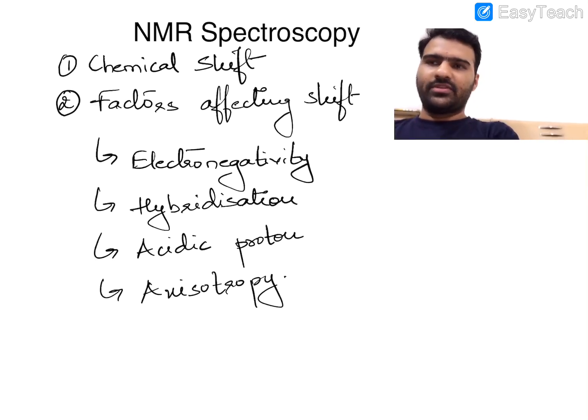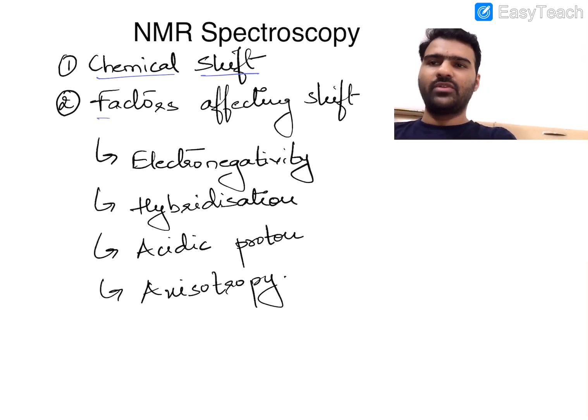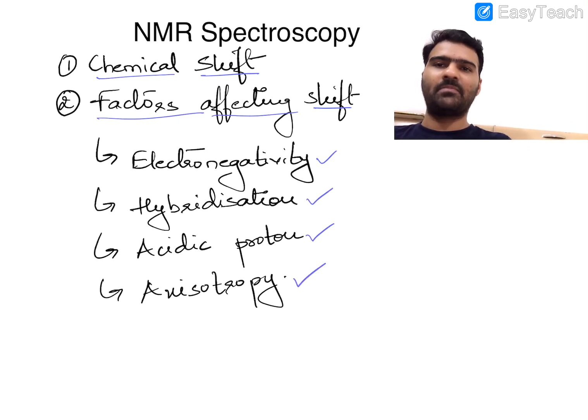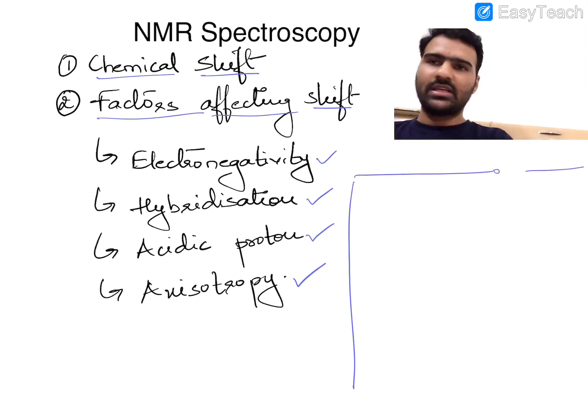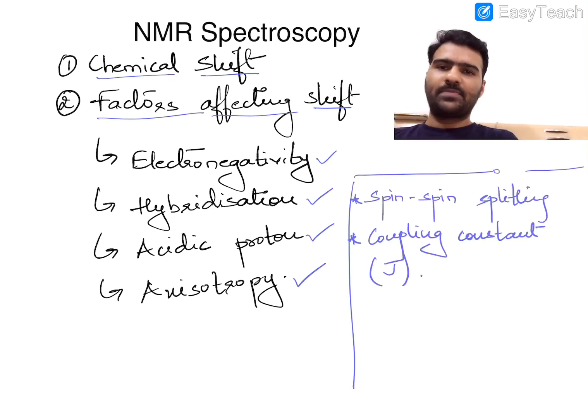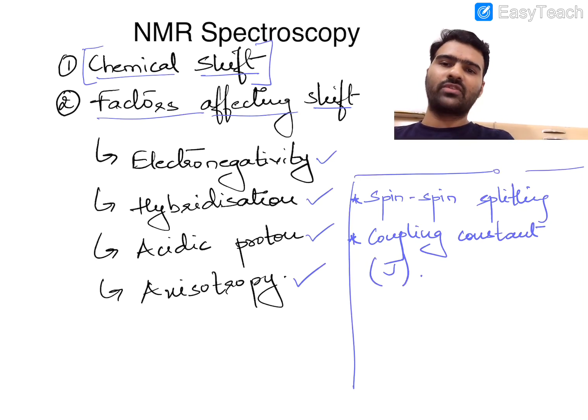So what we've discussed in this particular video is the concept of chemical shift. We've tried to reinstate that concept because it's very fundamental to interpreting NMR spectrum. We also discussed factors that affect this shift, mainly electronegativity, hybridization, presence of acidic proton, and magnetic anisotropy. Now what's coming ahead in the next videos, we'll be looking at spin-spin splitting, and we'll also be looking at a concept of coupling constant. And that's the reason we probably went over chemical shift again, because we are closely touching on the heels of